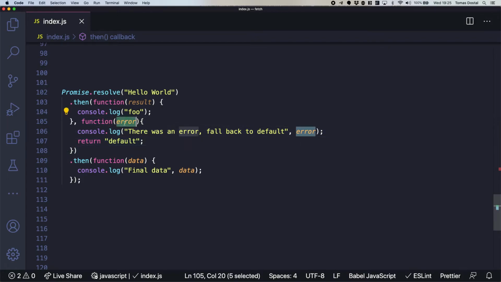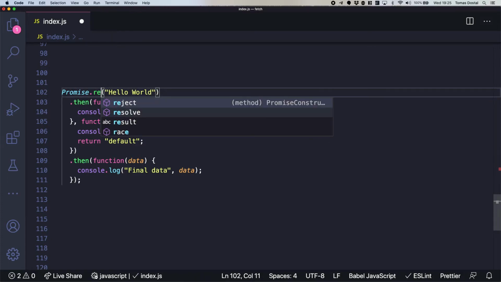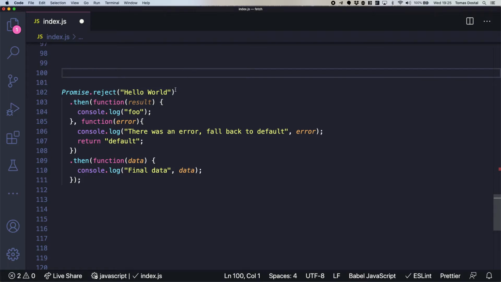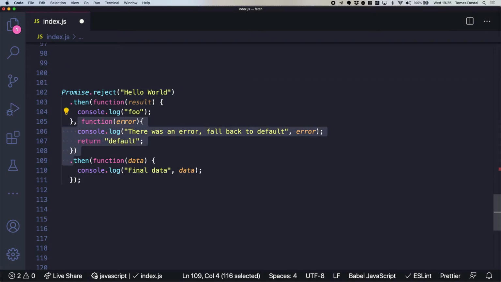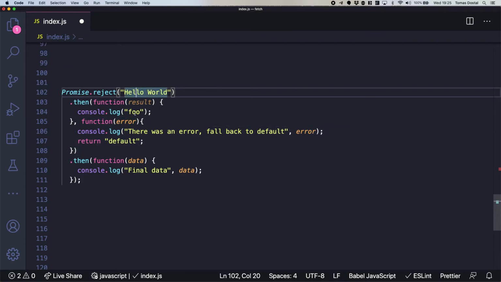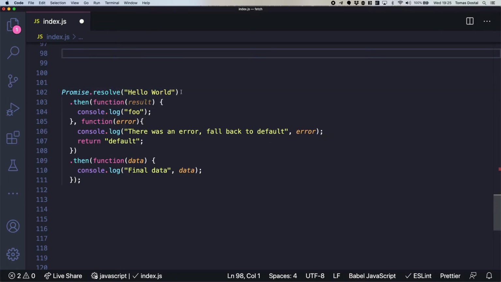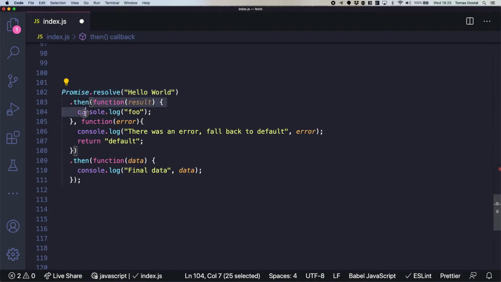And at that point, the error would be whatever is in here again. So if I change this to reject instead of resolve, then this will be executed and the error will be hello world. It depends on what this promise does, then it depends which one of these is going to be executed.